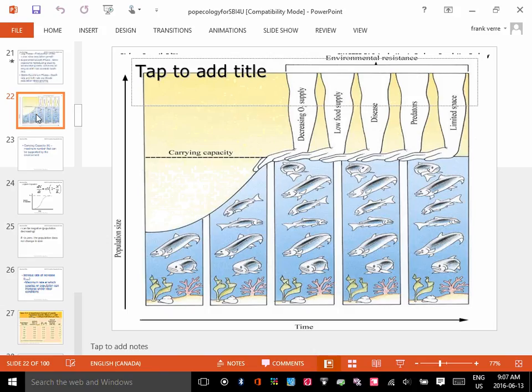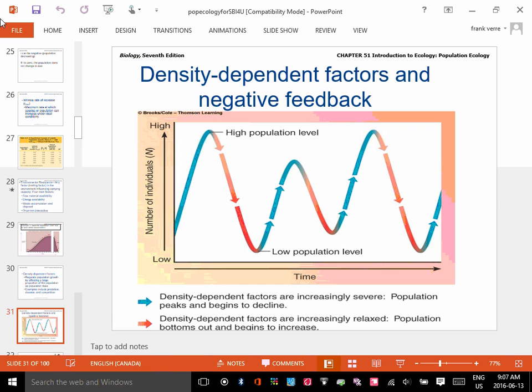What about predators? Are predators density dependent? Think back to your lynx and hare population cycling there. Does the number of hare in an area, the density of hares, affect the predators in any way? Yeah, it does. Because you'll get more predators over time. So density-dependent factors are things that, again, are dependent on the density, like the availability of food.